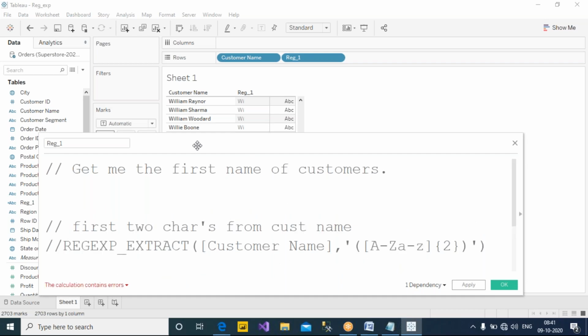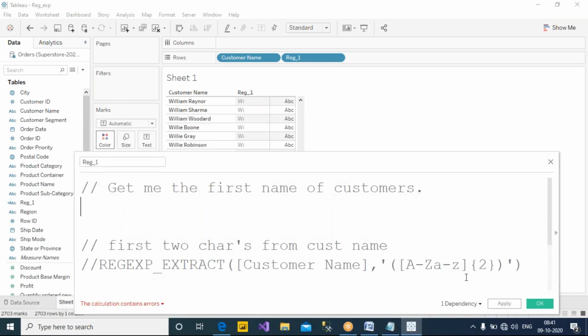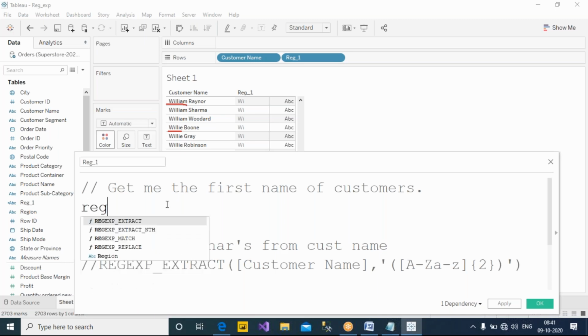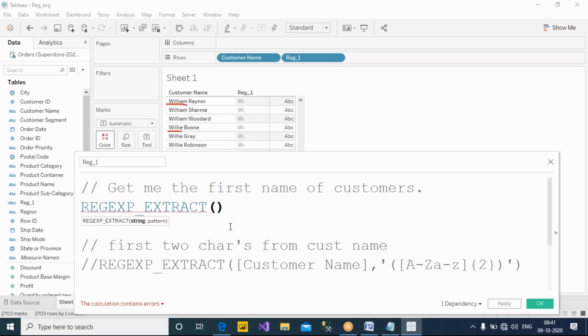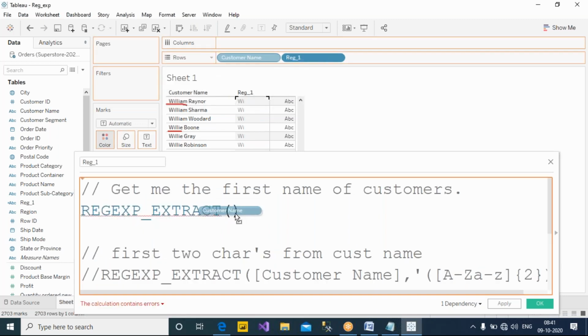So now, first name of customer means I cannot write here 2, 3 or 4, because one customer is having 10 characters, another customer is having 4 characters. Then how should we get the logic here? Yeah, regular expression extract, and take the customer name,